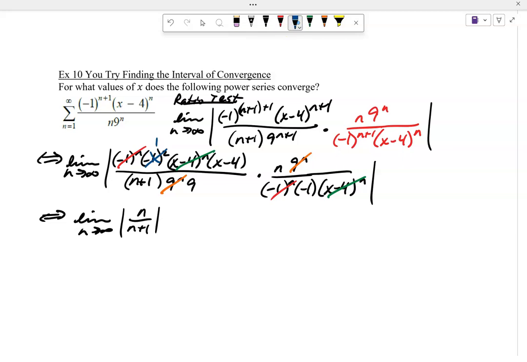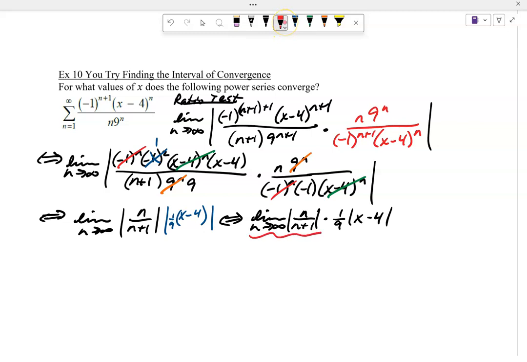And I got a 9, so I got 1/9 times x minus 4. This here will go to 1 when n goes to infinity, dividing everything by n there. And so we just end up with 1/9 times the absolute value of x minus 4,